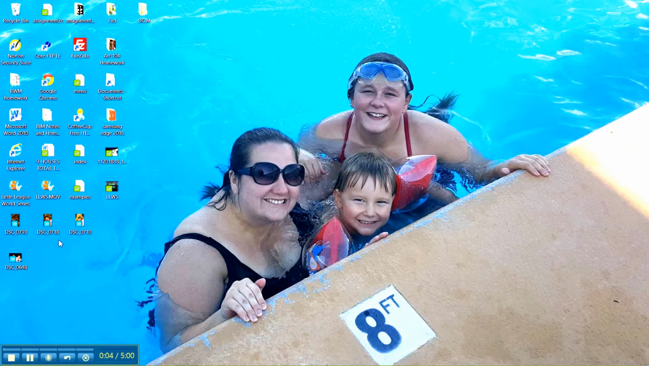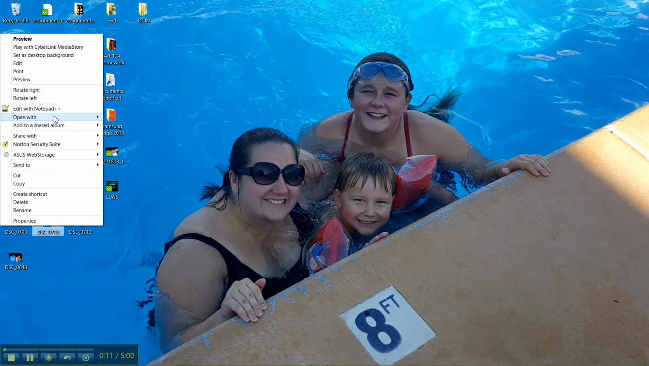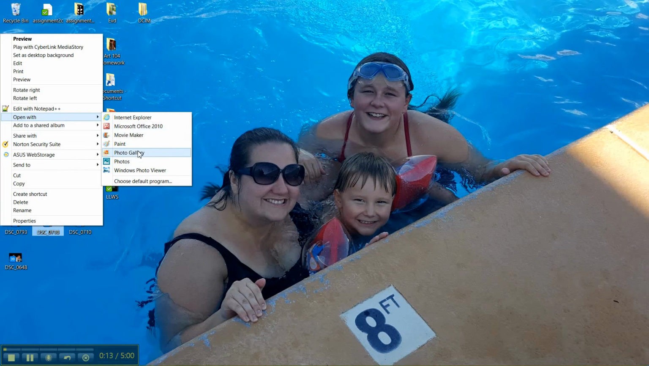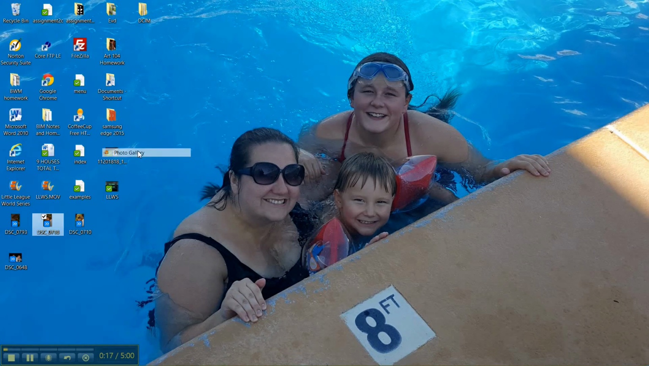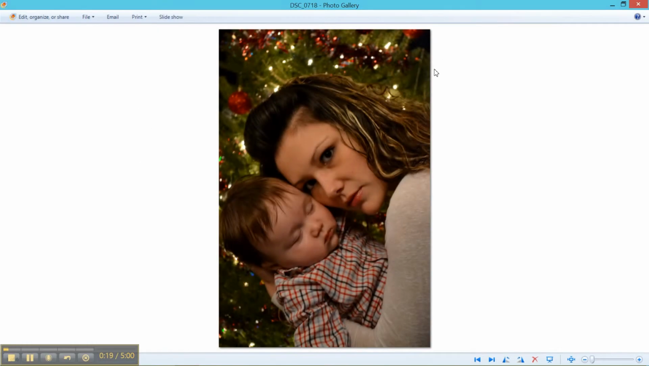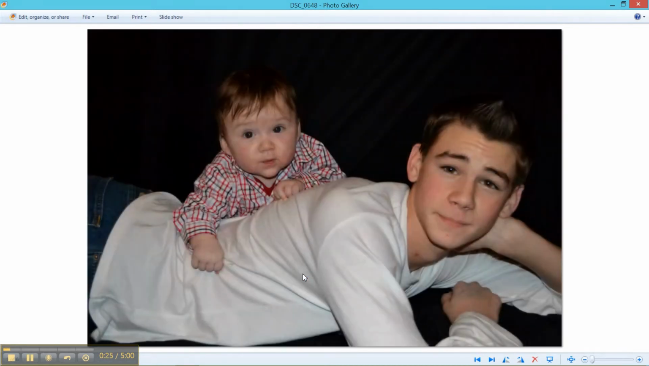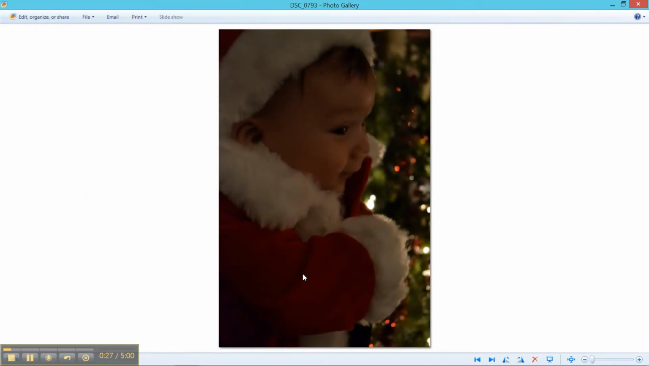I actually already have my image picked out, so I'm going to go ahead and right click on the image and open it up under Photo Gallery, which is what I normally use to Photoshop my images. You can see that it opens up just like any other photo viewer. If I didn't want that specific image, I can go through and click some other